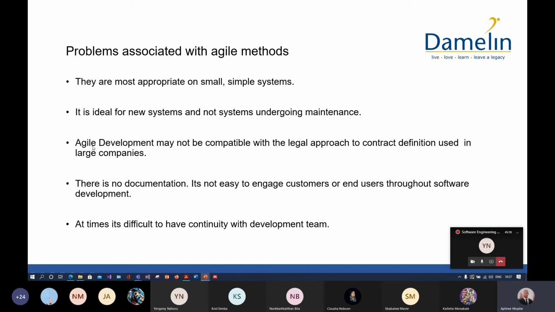Agile development may not be compatible with the legal approach to contract definition used in large companies. Whenever you're rendering a service for a customer, having a contract in place is a way of protecting yourself. So in the event that one of the parties breaches the contract, you can dispute it in a court of law. But there's a big challenge with agile development, because we do not stress contractual or binding contracts, okay? We don't focus on